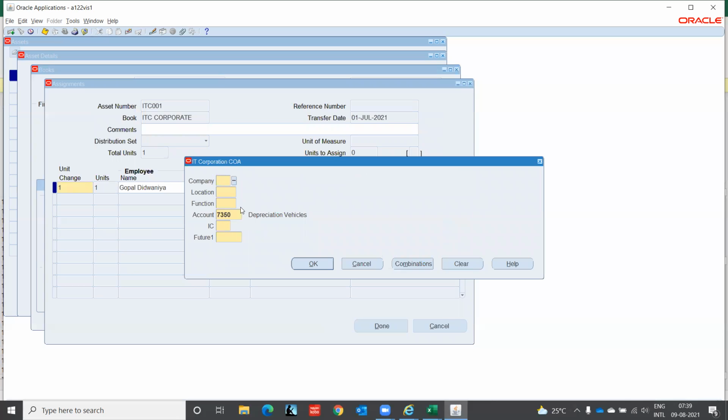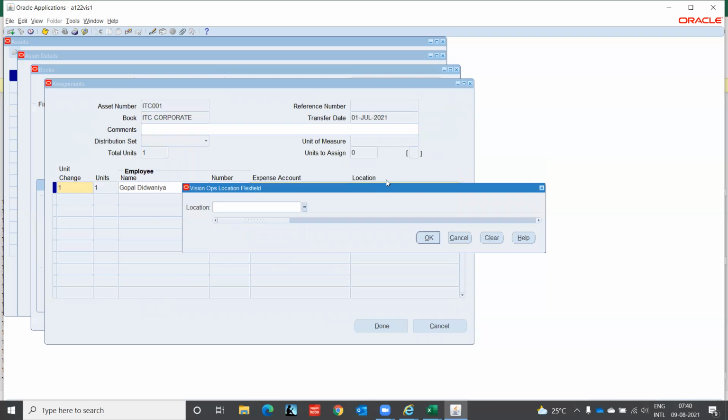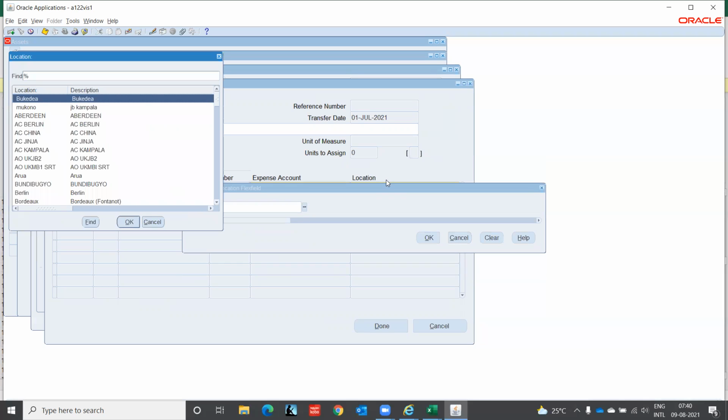It is the expense account, depreciation vehicles. C1, CHN. Okay, this Mr. Gopal Titwania is from the Department of Finance. Click OK. And now it is asking us the location. Under which location it is